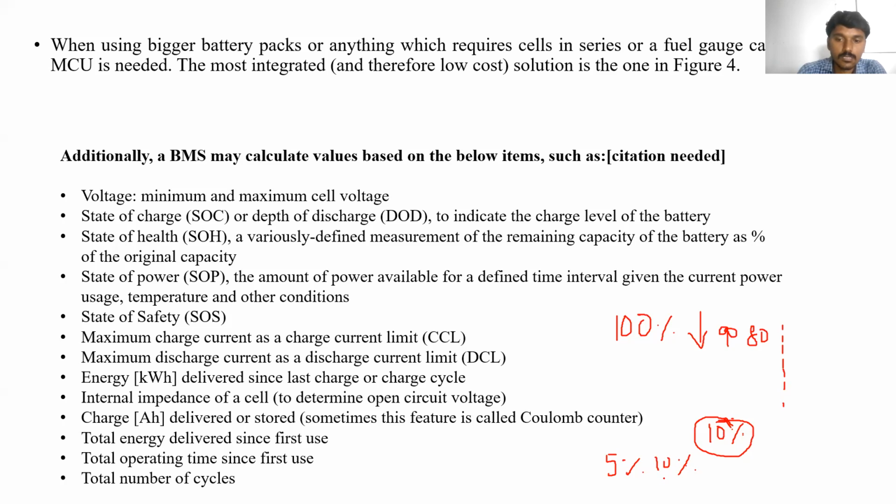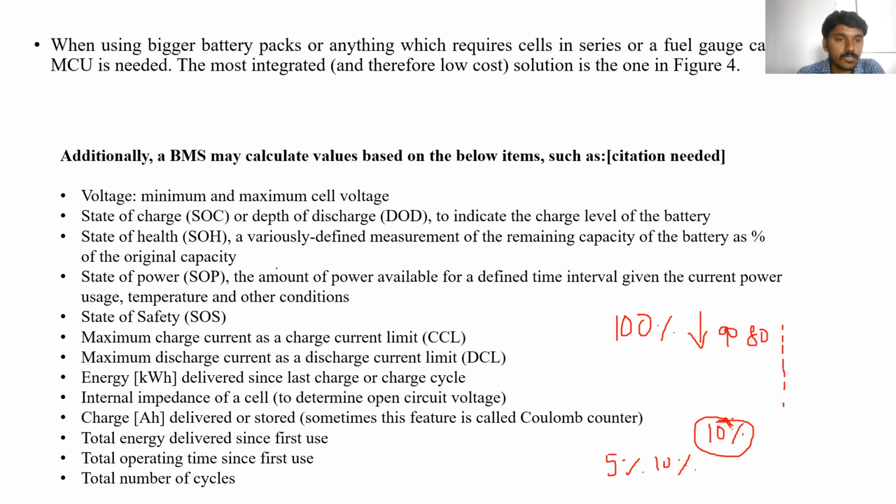It is clear. So whenever we are using the laptop, automatically it will give signals if the battery charging level is less than 10%. Okay, your battery charging level is low. That is nothing but depth of discharge. So it means don't use the battery below this value. Clear? So this is also monitored by the battery management system.